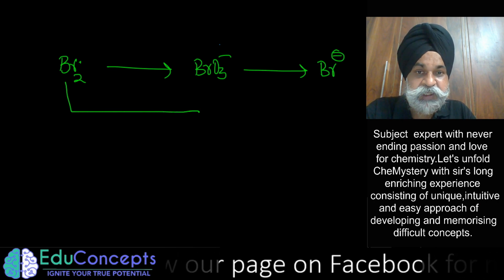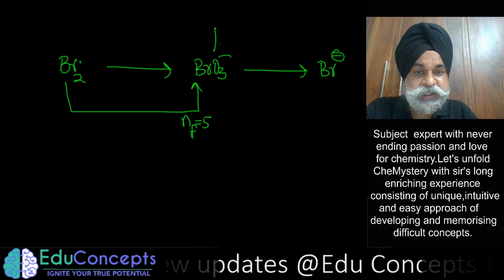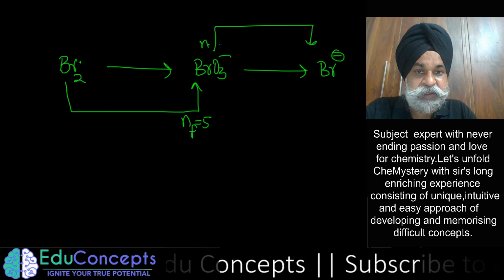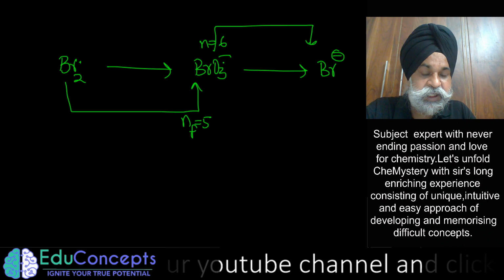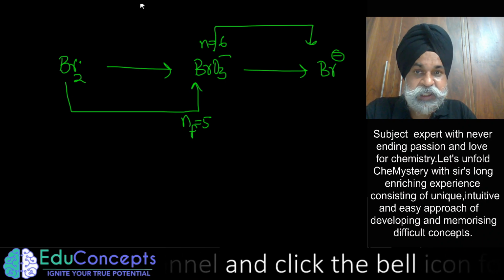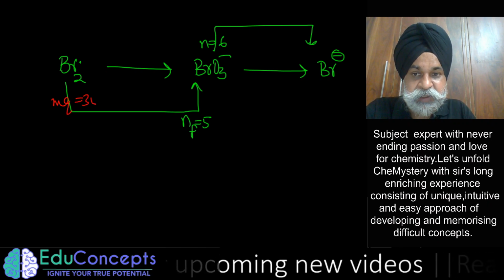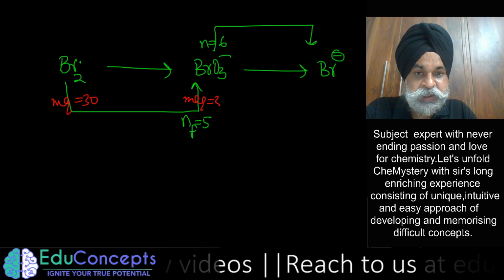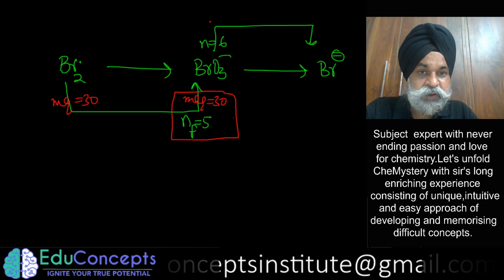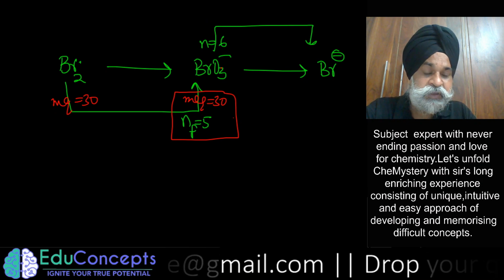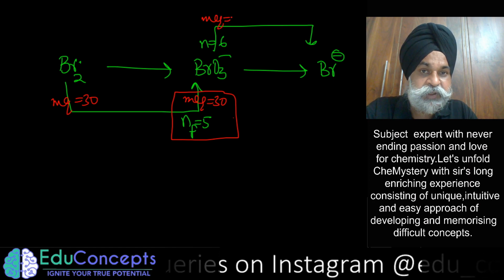पहले रिएक्शन में ये इसमें आया, जब ये आया तो इसका n factor 5 था, और आगे जब ये रिएक्ट किया तो इसका n factor 6 था. So that is the important point. When it is reacting to form BrO3 negative, it was having n factor 3, and then at that point we said milliequivalents were 30. These 30 milliequivalents are of n factor 5. Now to have equivalents of n factor 6, this has turned out to be 36.